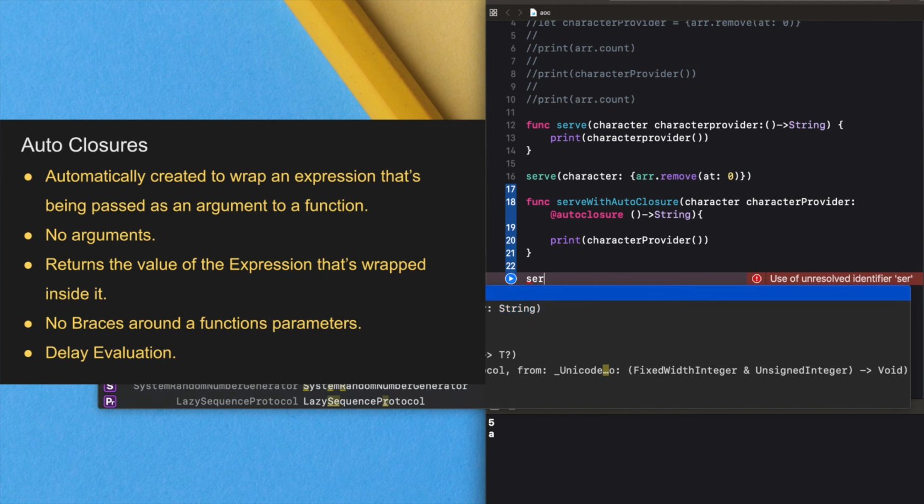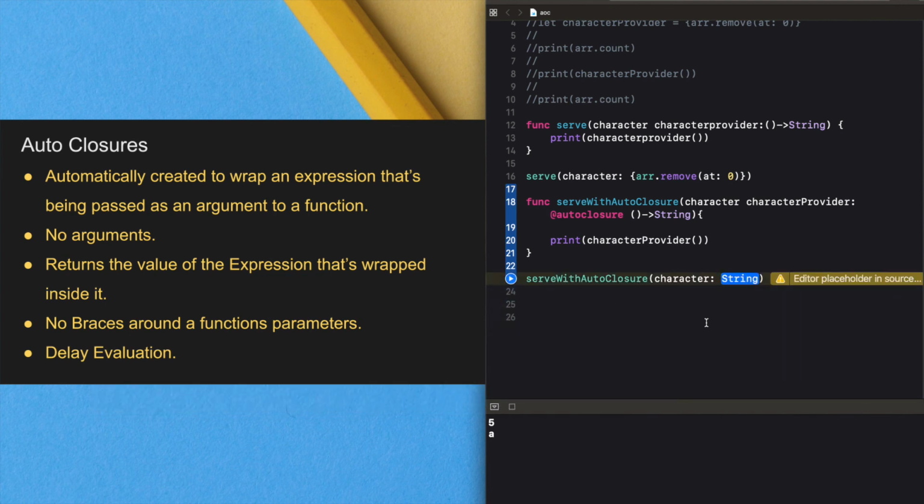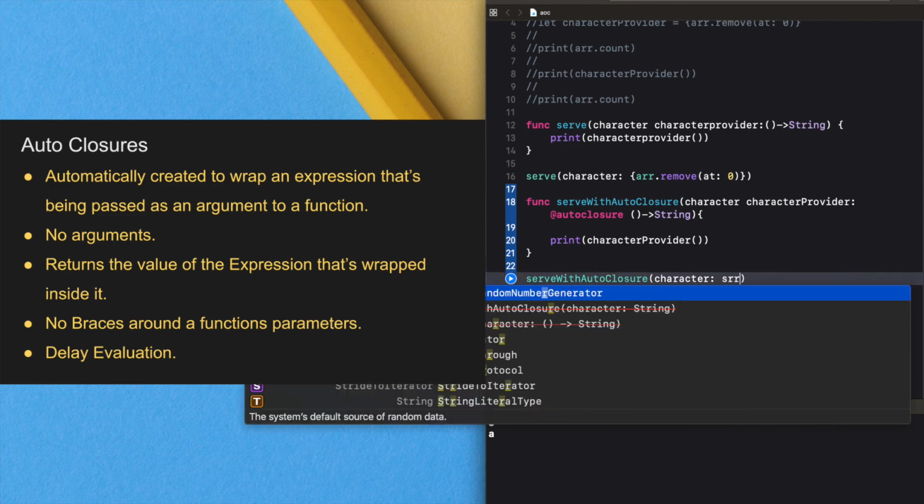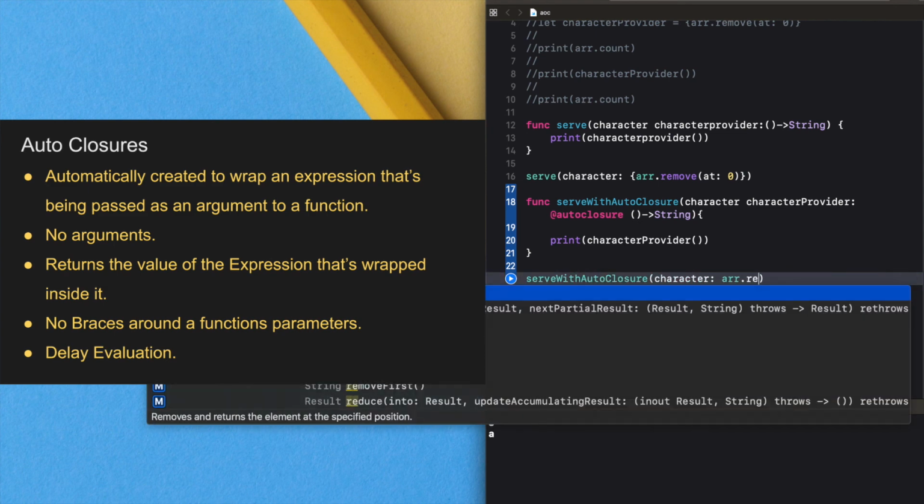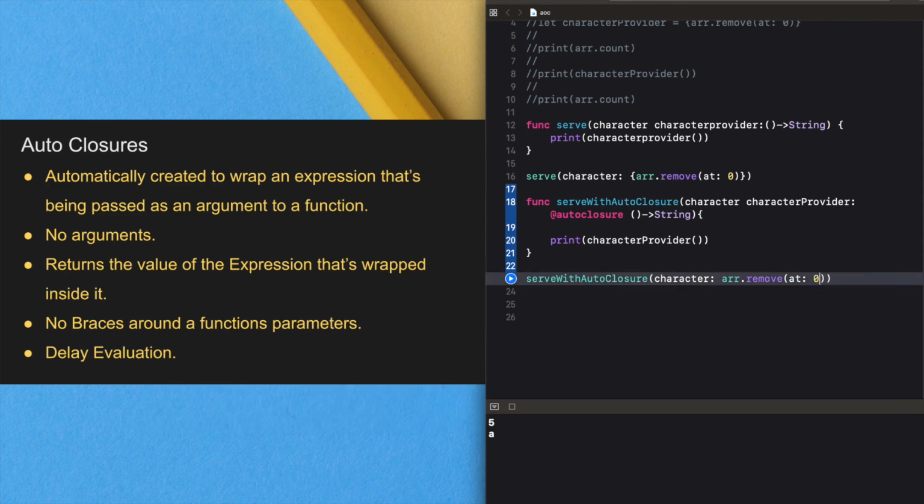In this serve we have an explicit closure type, but in this new function with autoclosure the argument is just a character, right? We go to the array, index 0. See this.